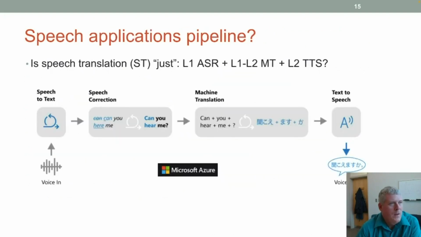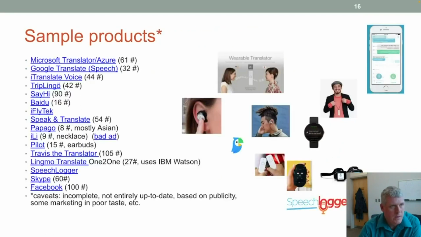Anyway, so with speech applications, it's basically speech to text, ASR, right? And then we do some type of correction, and then we do machine translation under the hood, right? The good old-fashioned, new, cool, exciting, shiny machine translation. And then we do TTS out, right? That's what's happening there with speech translation.